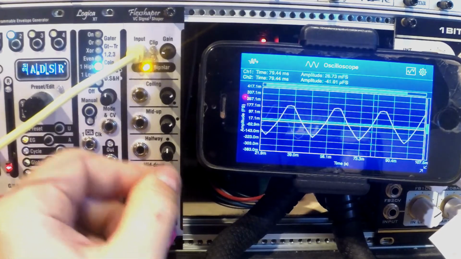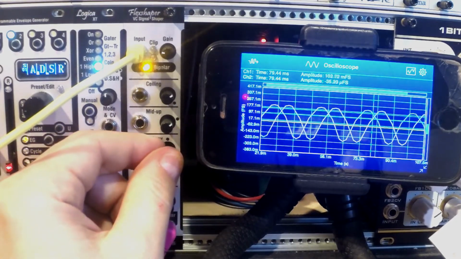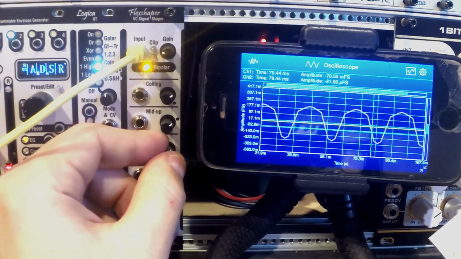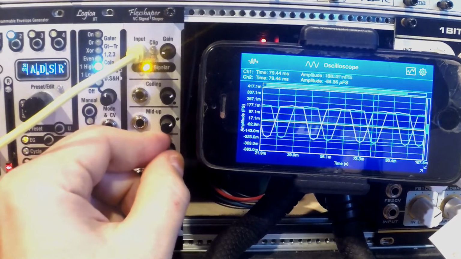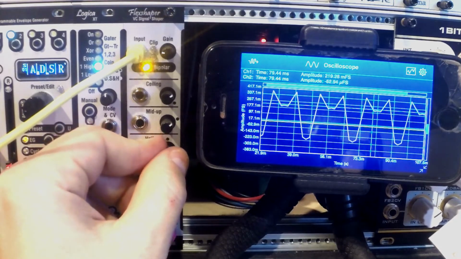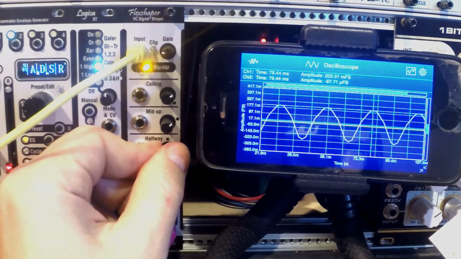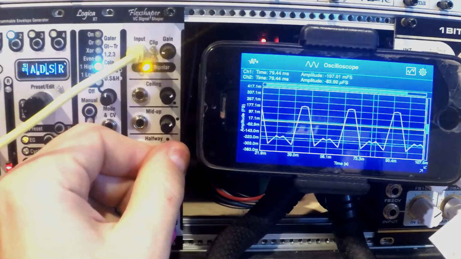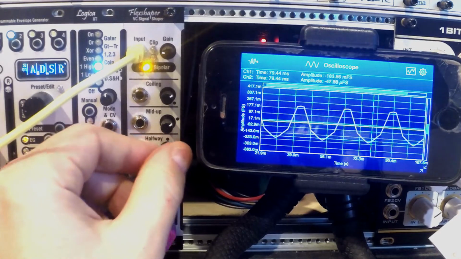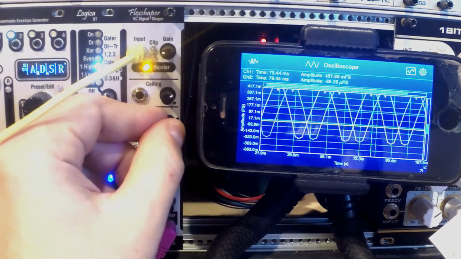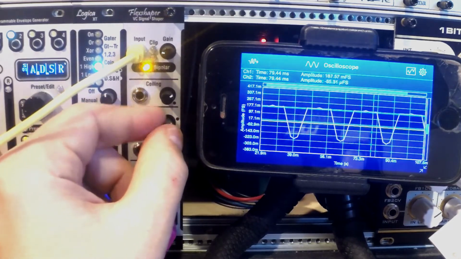I can now change the halfway. So as you can hear, we can have some really dramatic wave shaping done with that. Let's manipulate the mid up